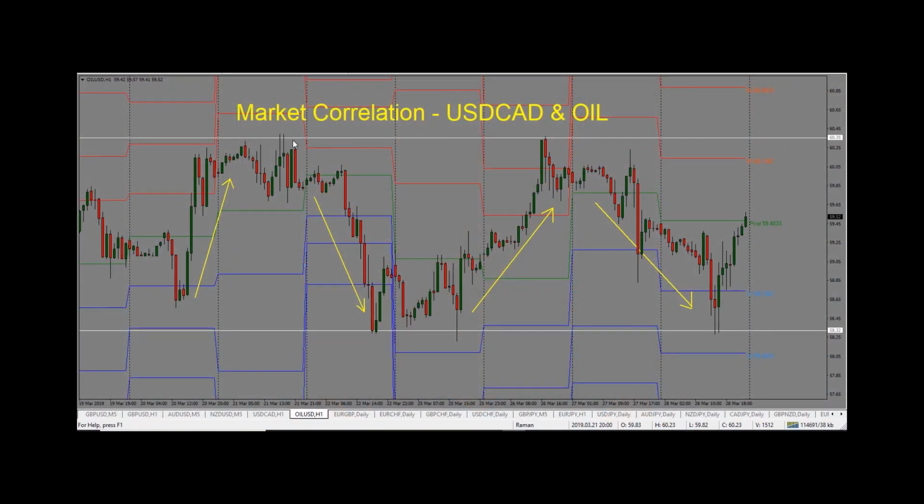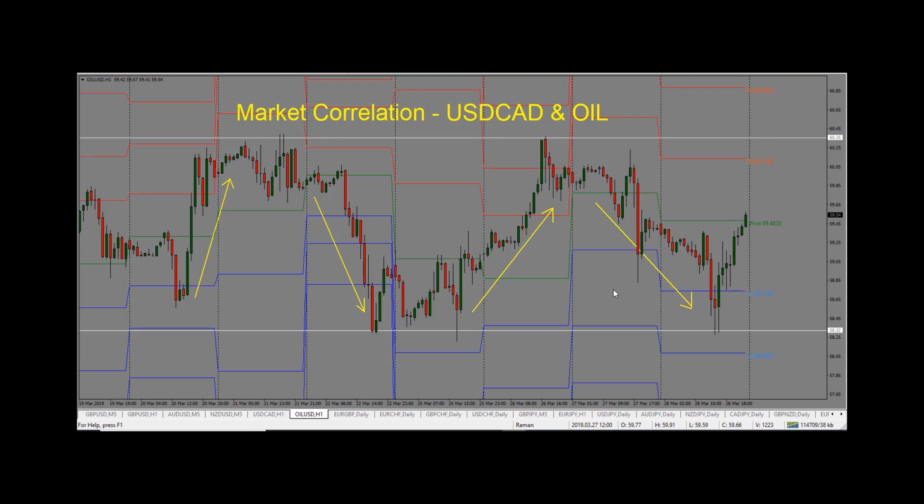Today we'll take a look at market correlation between USD CAD and oil. So Canadian dollar and oil are positively correlated. That means when oil goes up, Canadian dollar goes up, and when oil drops, Canadian dollar drops. This is because oil is one of the major exports of Canada, so Canadian dollar is tied very closely into